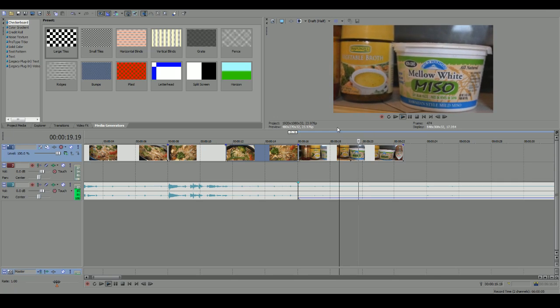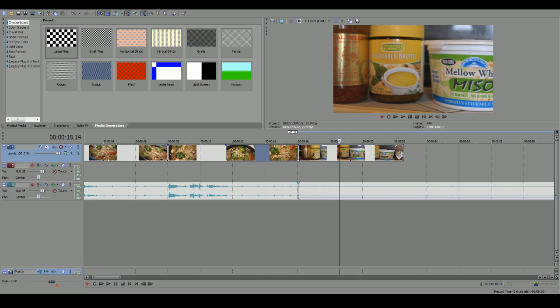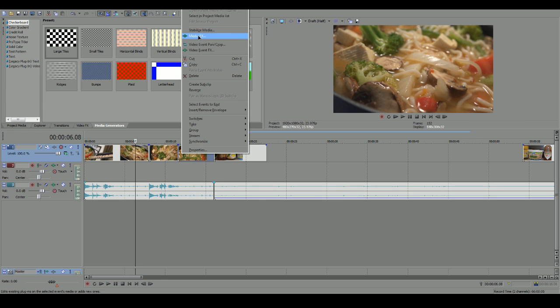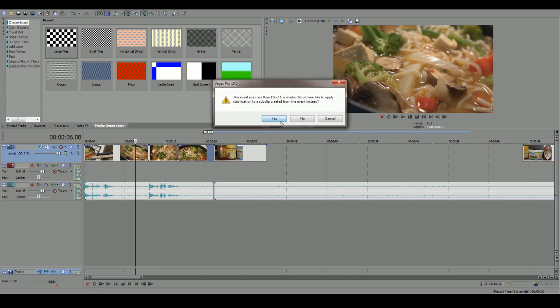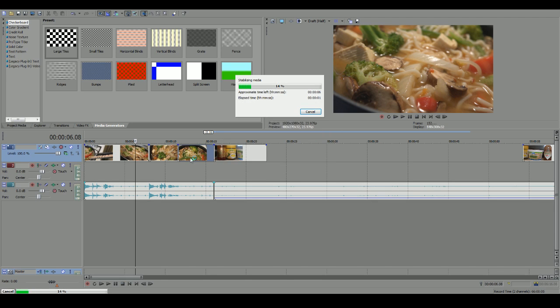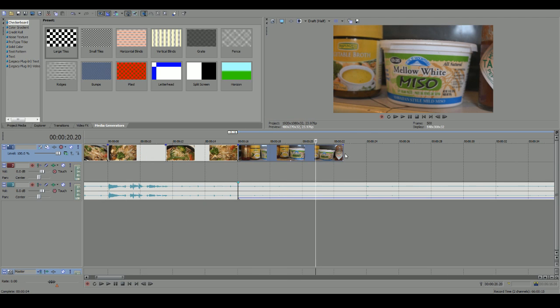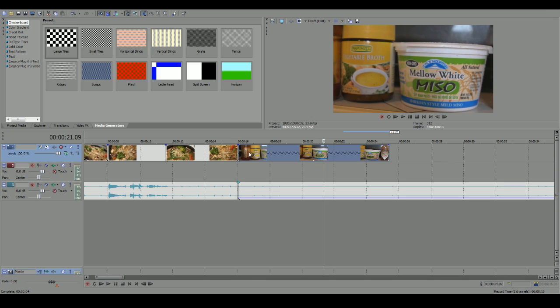So once you add a stabilize, it makes it look like you have like a panning piece of equipment or something. Also, I shoot in 60 frames per second, so I'm able to elongate anything if I ever need to. And I think it's super, super valuable to be able to elongate stuff. Because most of the time I'll edit in 24 and I'll just use 24. But then if I'm like, oh, shoot, I need this to last longer so I can talk longer. Or if I want it to look a little bit more smooth, going slower will make it more smooth. So if you hold control and click the end of your clip, you can actually elongate it. And that'll make it slow down.